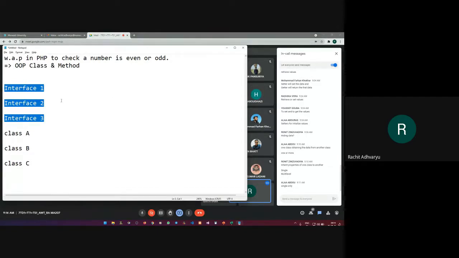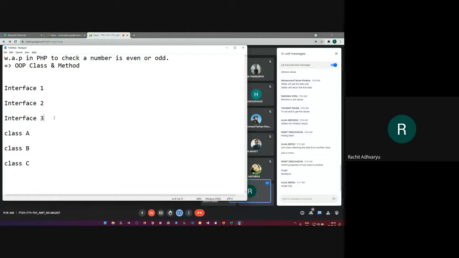Yes, an interface cannot be a child class. An interface can only be a parent class. So I hope I am clear with this concept of interface. Any class cannot act as a parent of any other class in interface. Only interfaces can act as a parent, and interfaces cannot act as a child.